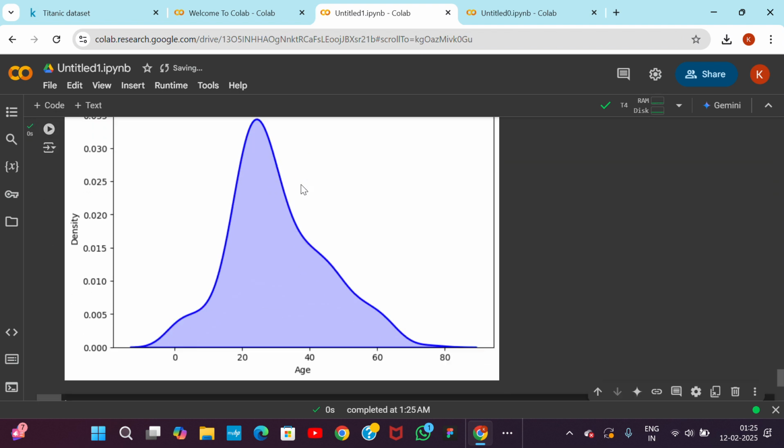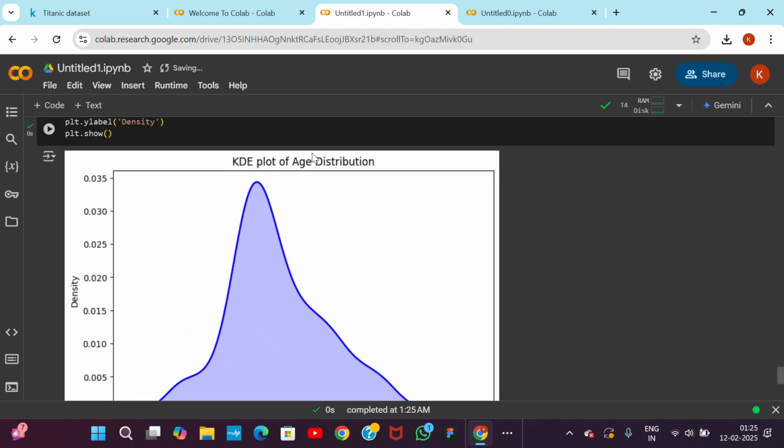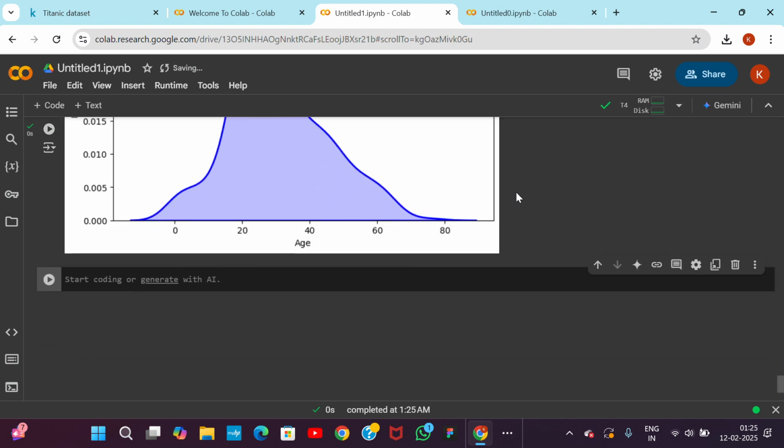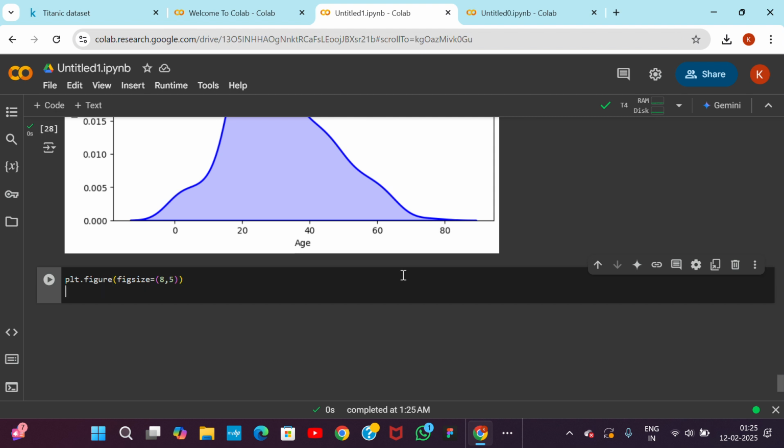Yeah, so this is our KDE plot of age distribution. Next up will be plotting a hist plot. Let's see, plt.figure, sorry, figsize is equal to, let's give 8 comma 5. And sns.histplot